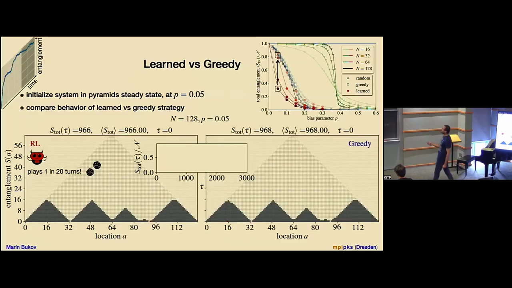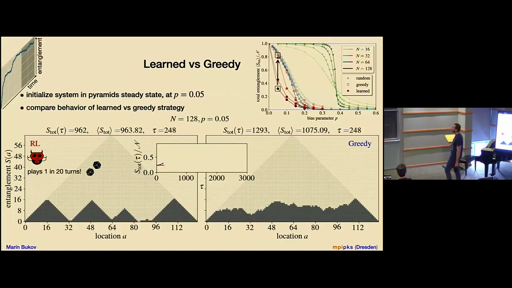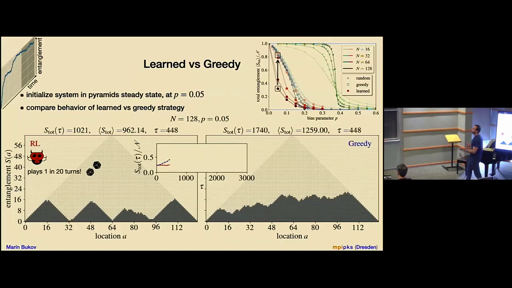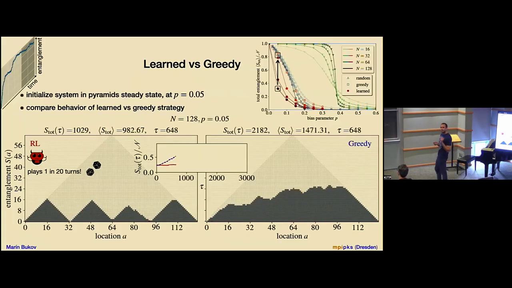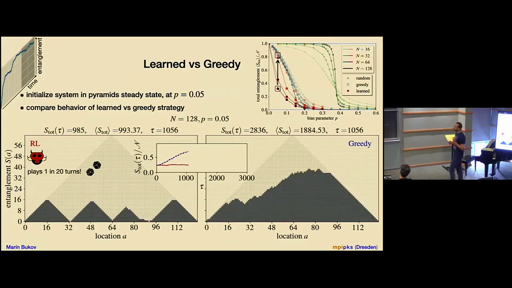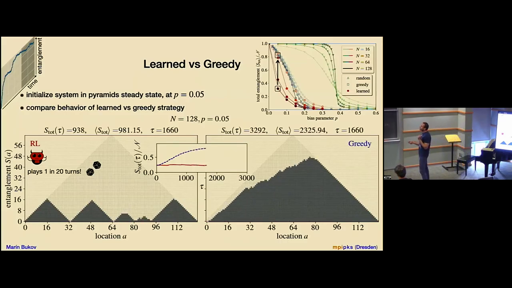On the right-hand side is where the interesting thing will happen, where the greedy agent is going to be struggling essentially to keep up the bottlenecks. As you can see, at the moment you lose a bottleneck, it's basically game over, right? So you've created the entropy, and then there's not much you can do about it. You cannot guard it. Whereas what the reinforcement learning agent keeps doing quite successfully is it's trying not